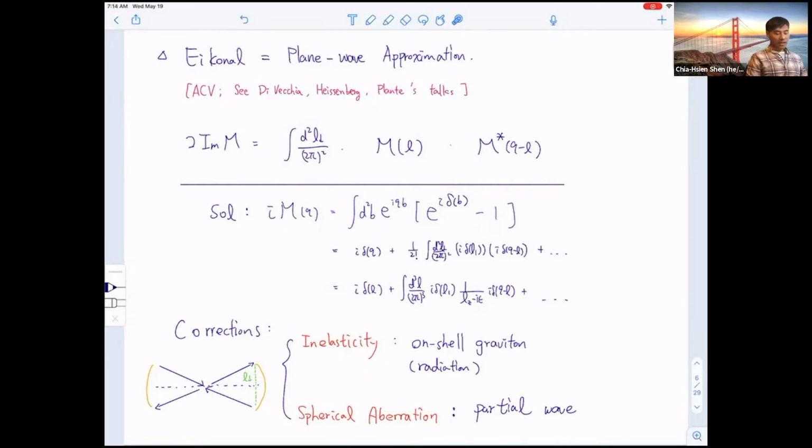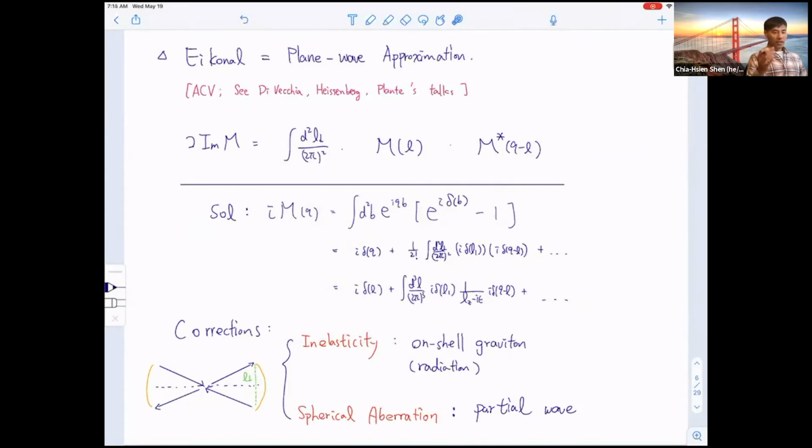And the nice thing is, once you have this eikonal formula, it really dictates all the iteration structure. So you can go back to momentum space. For example, I write this eikonal phase in terms of the momentum space, and I have some two-dimensional integral, where I can integrate over the longitudinal component, which later on can be localized into a delta function. So that dictates the iteration structure. But the nice thing about this way of viewing eikonal is that we know what the corrections are.